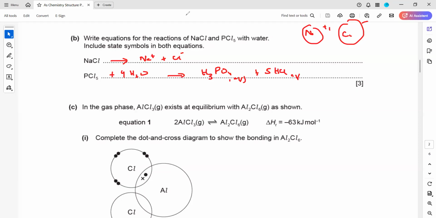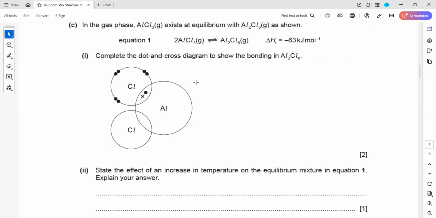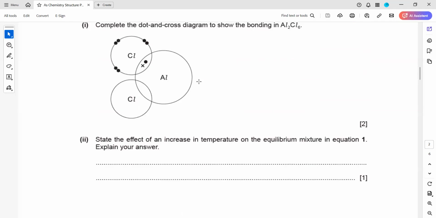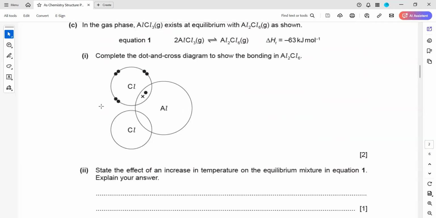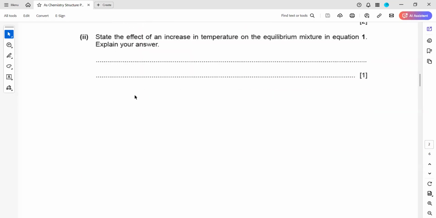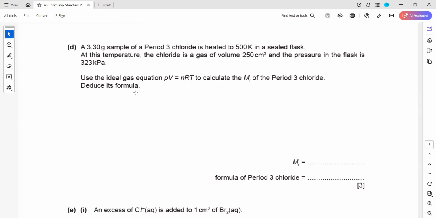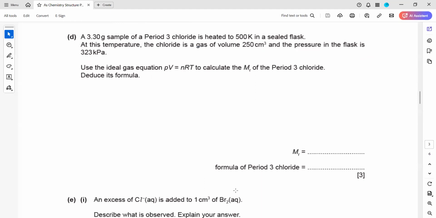For those who just joined now, this is the structure pop quiz. Question number one, this is discussion. Question one, part C, any doubt? Question 1C. C1 and 2, no doubt. Part D, any doubt? Okay, in part D,